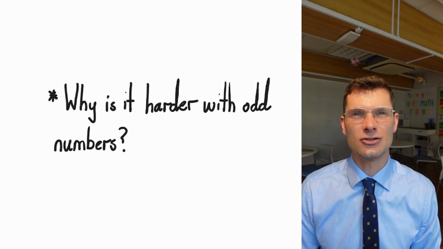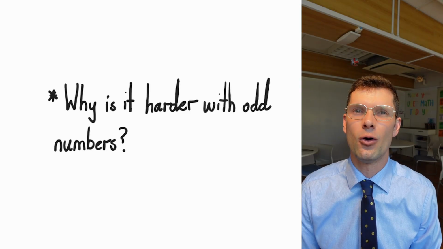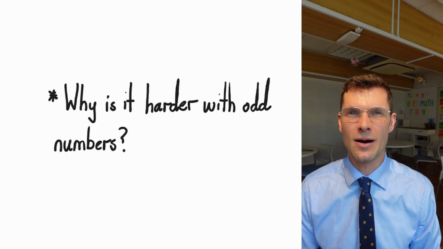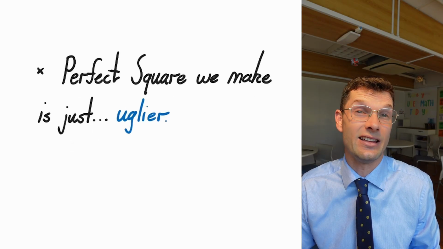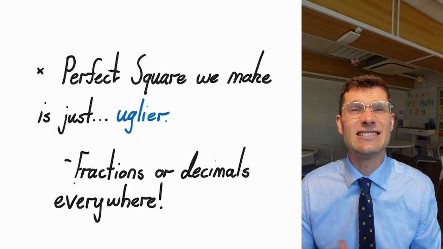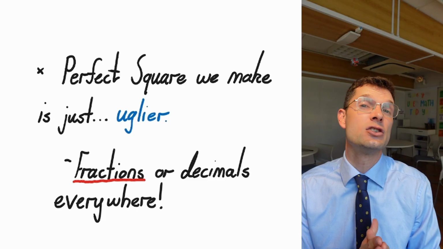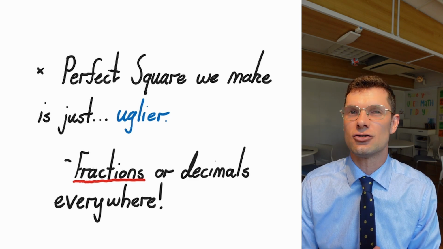The maths for this is not too bad. The idea is a little bit complicated. We probably haven't seen something like that before, but the maths is not too bad. So why is it harder with odd numbers? Literally just the whole thing looks uglier. There's some fractions or decimals, whichever your teacher wants, and they just kind of fly around everywhere. So we need to make sure that our scaffold is strong enough in order to not get distracted by these